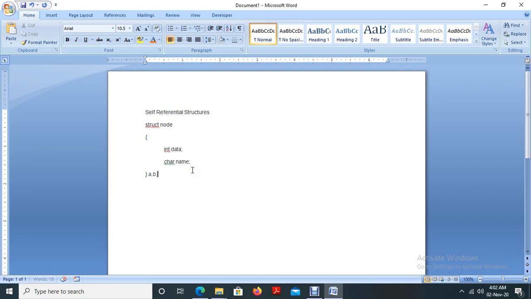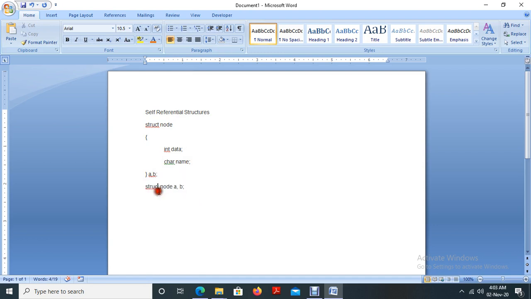Otherwise you can declare like this: struct node a comma b. Likewise also you can declare the structure variables. So two methods are there: either you write a comma b with a semicolon here, or you write struct node a comma b.